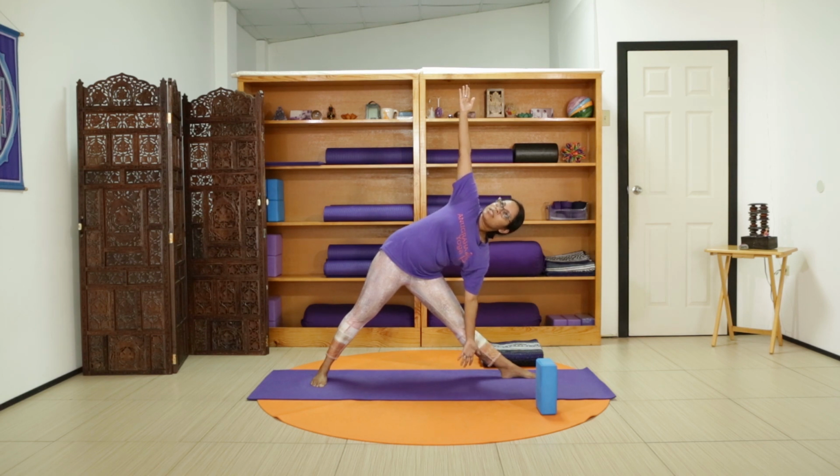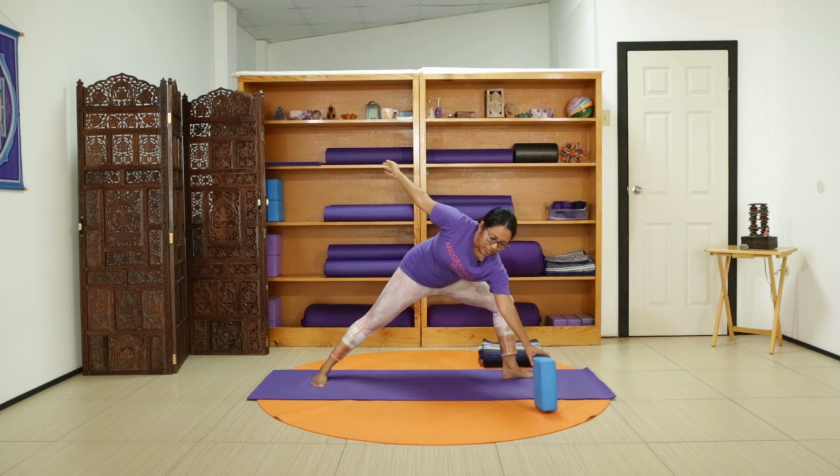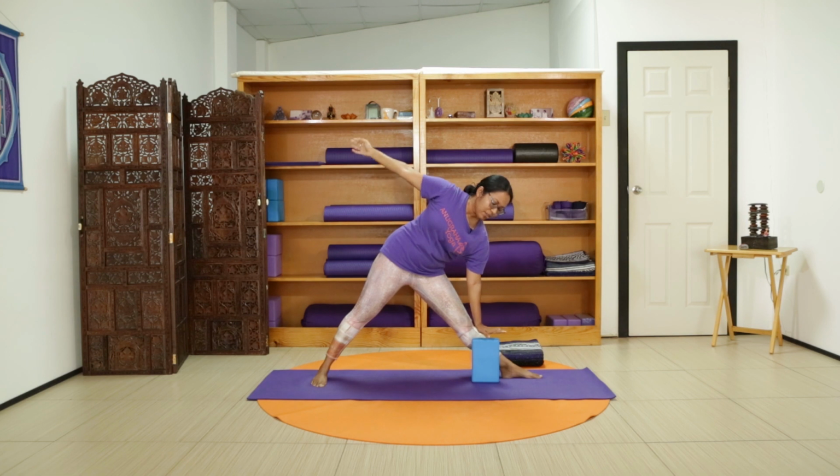We can come to the inside of that leg. We can rest our hand on our leg, coming into our triangle pose, Trikonasana, observing our breathing. If we want to, we can take our block and rest our hand on our block. And release, coming up,